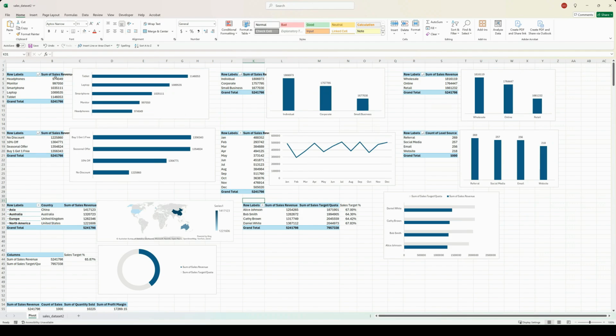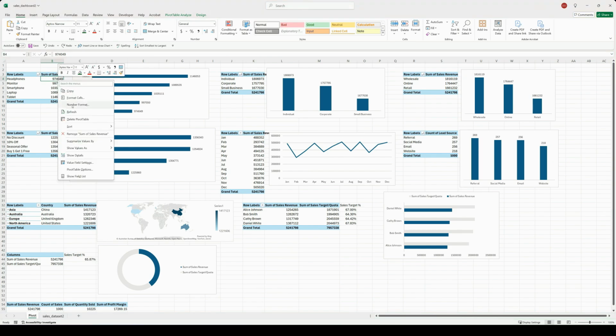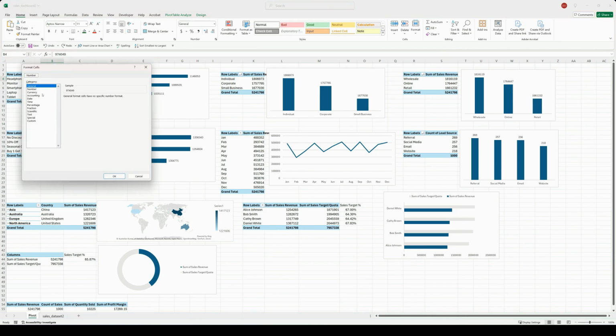Right now, they appear as large plain numbers without any currency symbol, which makes it harder to recognize them as financial data. So to do this, we will right-click on the cell containing the financial figure in the pivot table